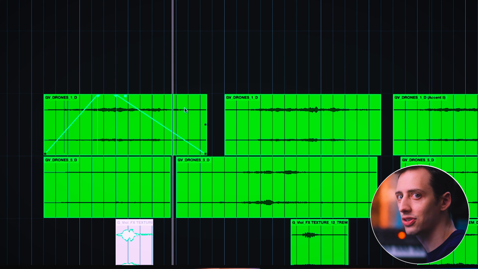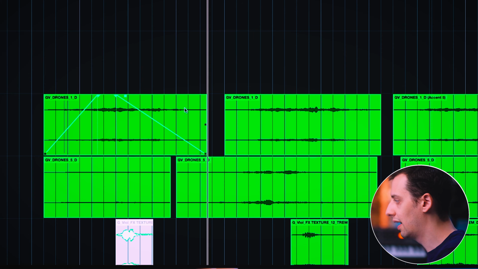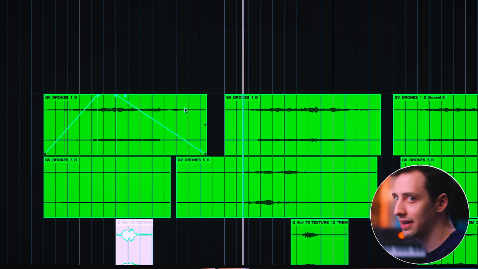It's helping to create that very minimal vibe, and it's really airy and nice. Those are actually textures that I created myself with my guitar viol, and a lot of them were used when